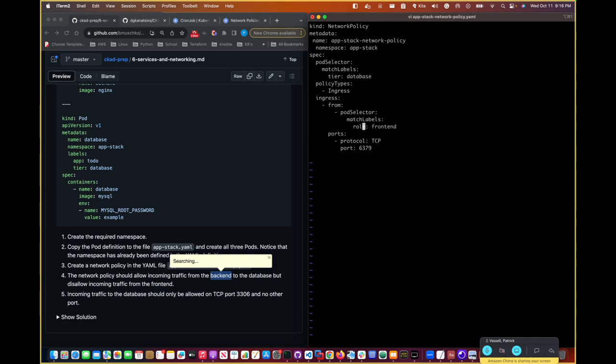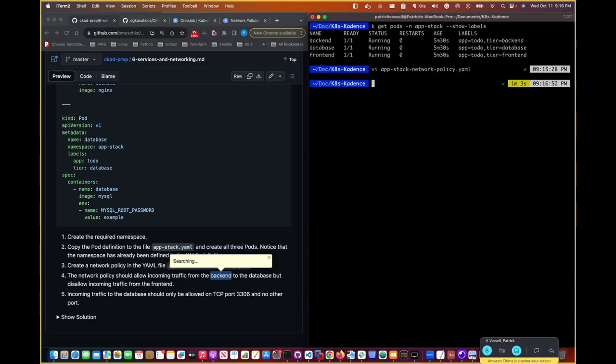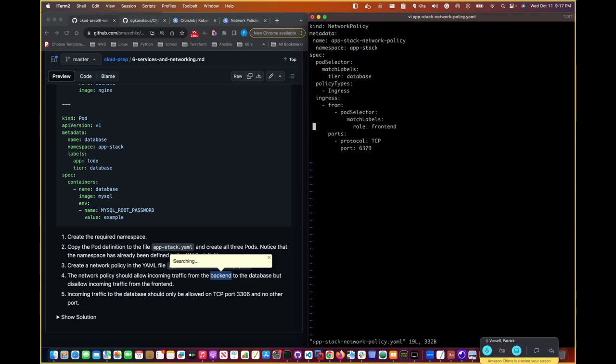And so the pod selector, I don't remember the actual thing, so let's go back and see what it was. So it was backend, tier equals backend. So we can just use that, then go back up here to pod selector, match labels, and do the same thing. We just update it to the right label for the backend. So space here. And now the last thing, it says something also. It says it should allow all incoming traffic from the backend